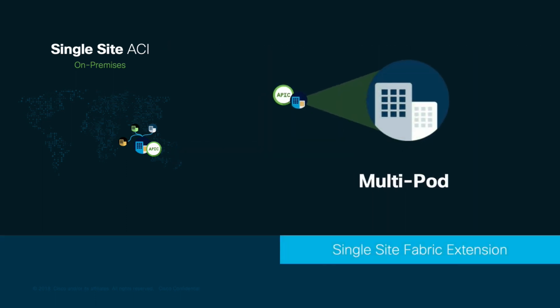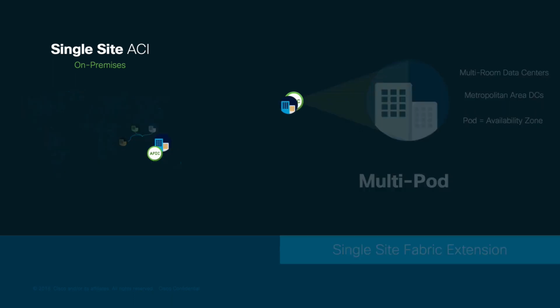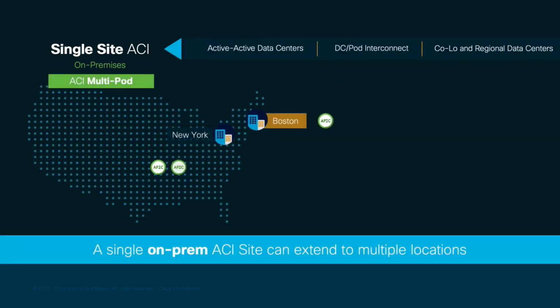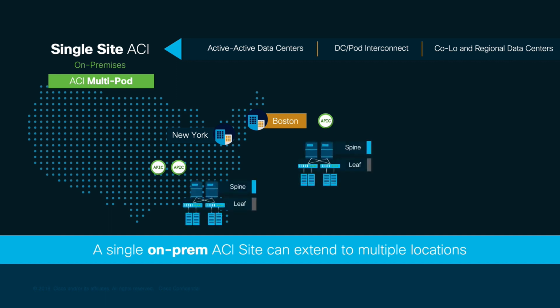Multi-Pod is useful when we have different rooms separated by an L3 domain or different locations close to each other. If you are familiar with cloud terminology, think of each pod as an availability zone. In this example, our data centers are located in New York and Boston. Through ACI and Multi-Pod, the same APIC cluster can manage both locations and automate VXLAN between them. If we only have two